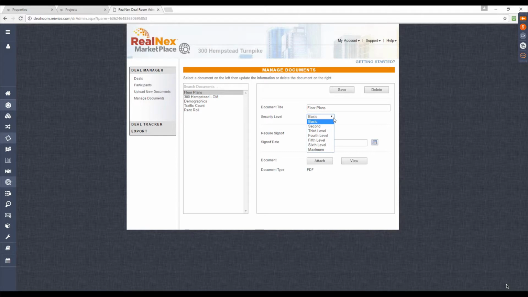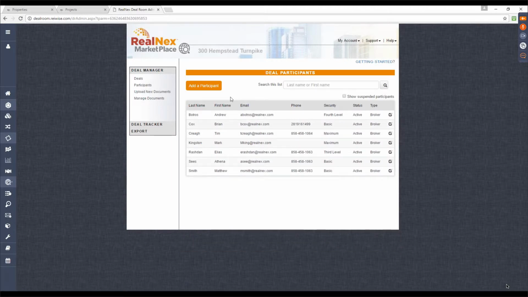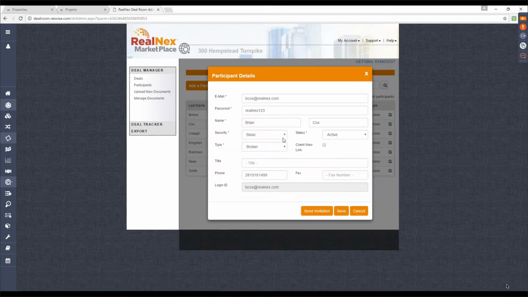Then it's up to you to qualify those individuals and increase their authority level as you see fit. So what we can do is come over to each participant, and here's everyone that's in my deal room, and I can see what their security levels are. If I need to change it, I go click on this, and I say I need to increase their authority level,